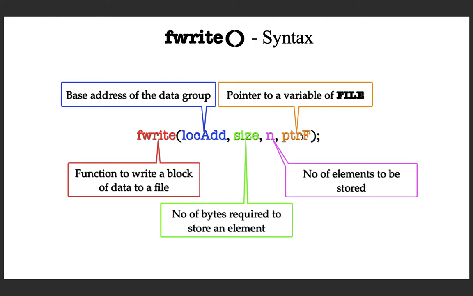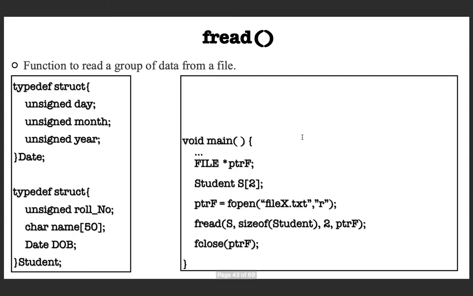And now we are going to see the function which can be used to read such a file into an array. That's what we are going to see now. And the function is fread, and you can look at an example. Here is a function fread, which is used to read a group of data from a file. And here in this example, we are going to read that file which we created into this array. That's what we are going to see. Exactly the same data structure,